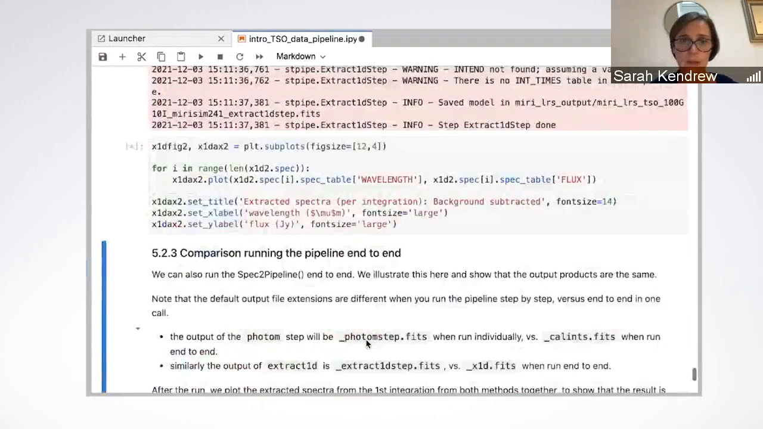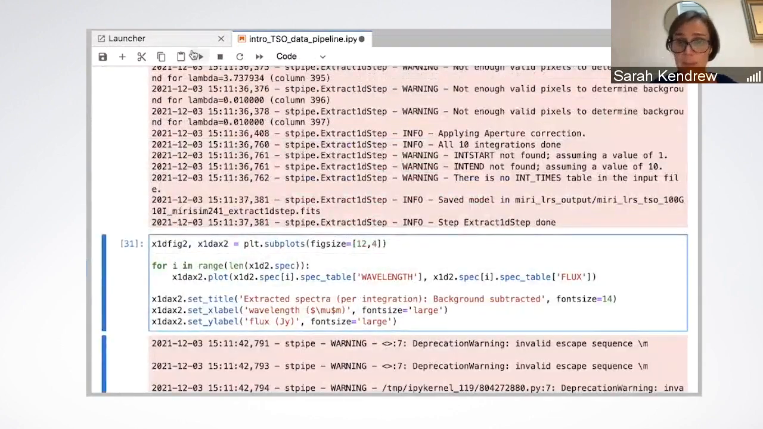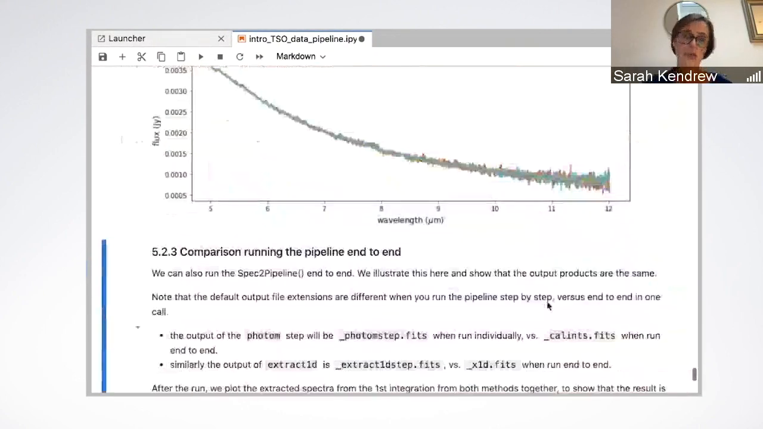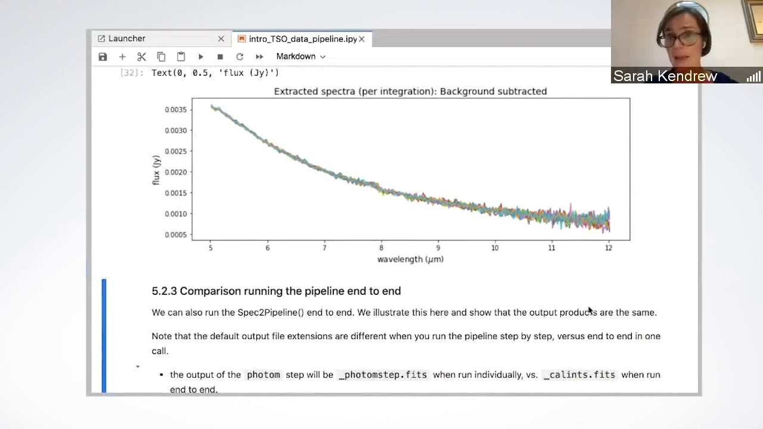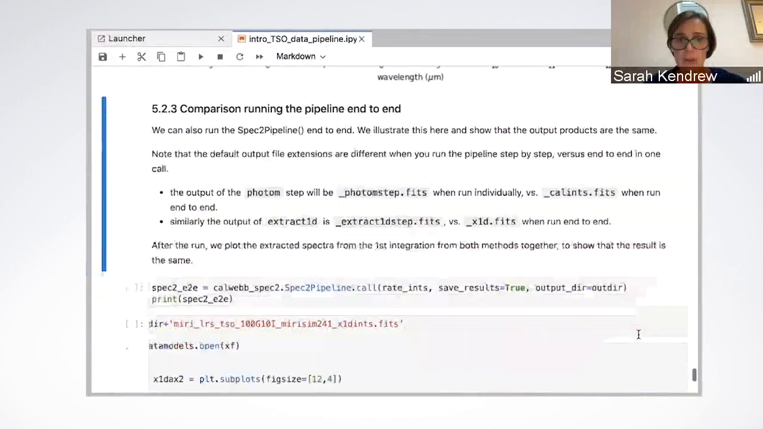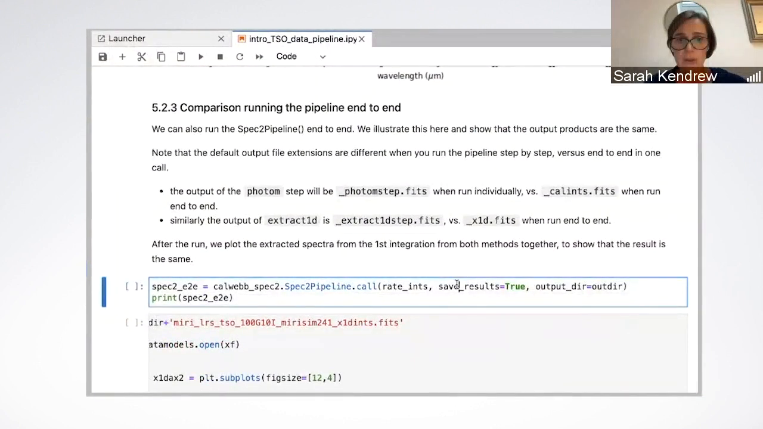All right. Then we can reproduce that same plot we made before. And there you can see now this does look like a tail of a blackbody function. And we have removed the thermal background and that artifact at 8 microns. So that's that. Finally, I am going to demonstrate how to run the Spec2 pipeline end to end, because